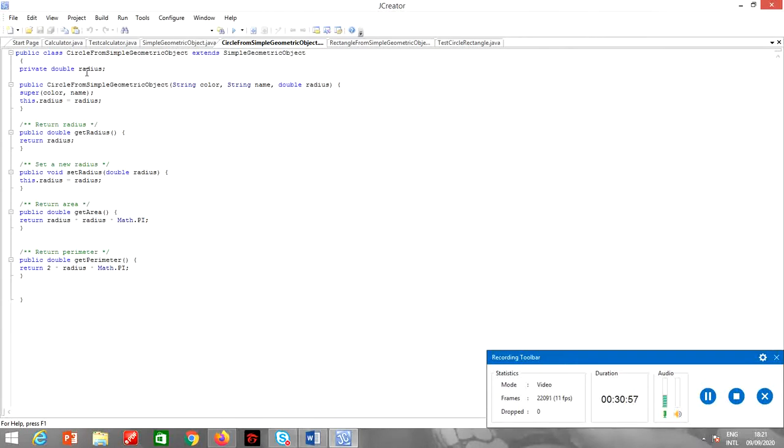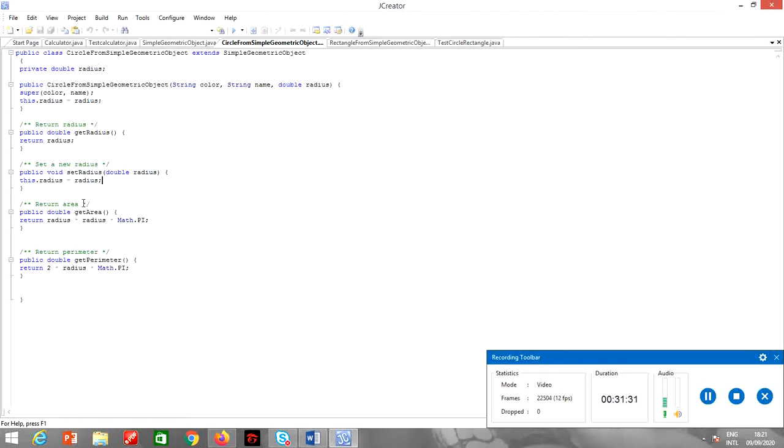So it has only one data member, radius. Then we are creating the parameterized constructor. These two variables are from the parent class and this one is of the child class. So we are initializing. Now since this is a private variable, we need to make get and set methods. So setRadius, this is a private variable, but we need to create getRadius and the setRadius method. So a getter and a setter method for this variable.